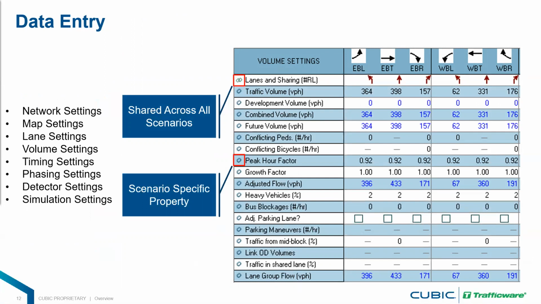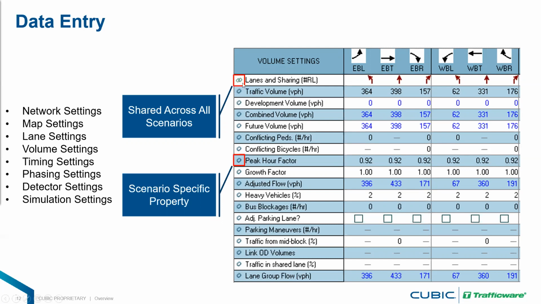However, you can change the timing, you can change the volume and the related data. I know you will remember that, but sometimes you need to work with so much data, right? Sometimes it's difficult to remember what was the geometry, what was shared across all the scenarios, and what is not, right? That's why we added a small, very useful indication